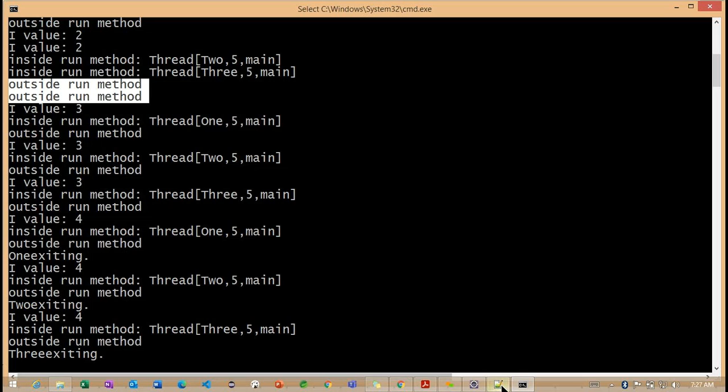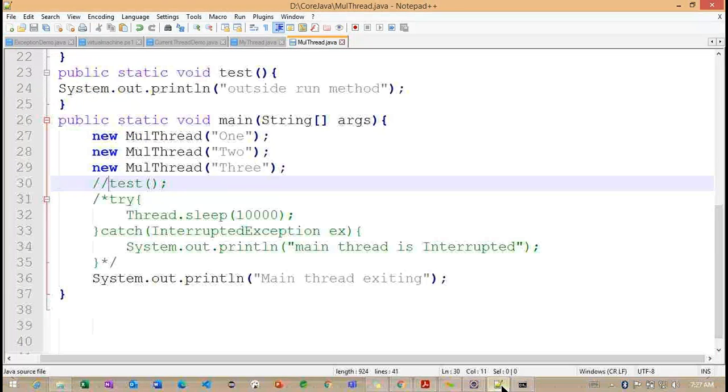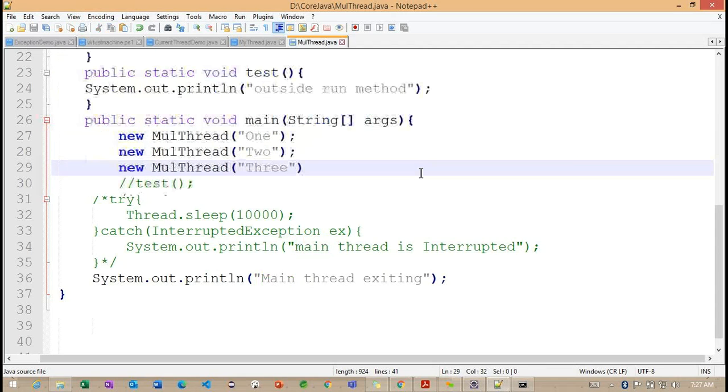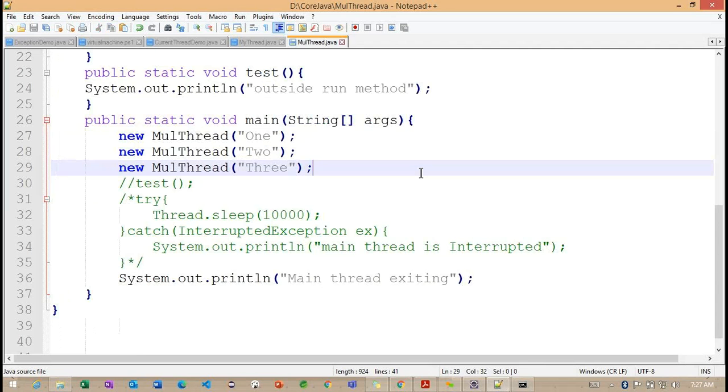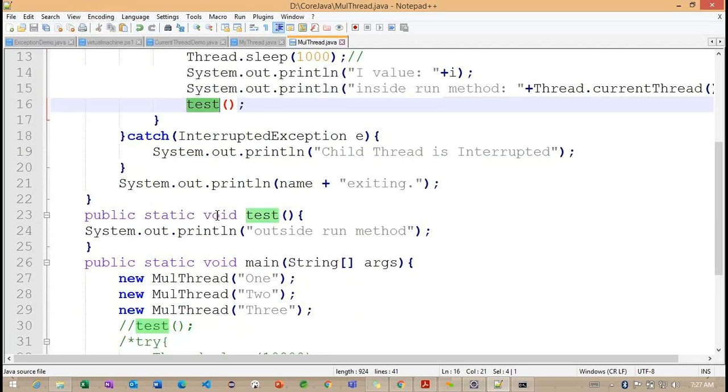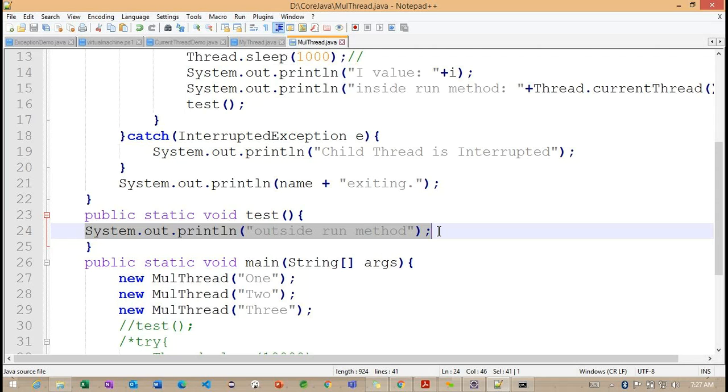So basically, for an example, how we create a main method, getting the point, how we work with the main method to run our application. In the same way, to run any application within a thread, we need to define the run method. So from the run method, you can call whatever you want to define here. Getting the point. So how we are creating with the run method, how we are calling this particular test method. This particular test method is going to be called based on the current thread, and here we can define whatever information we want, right?